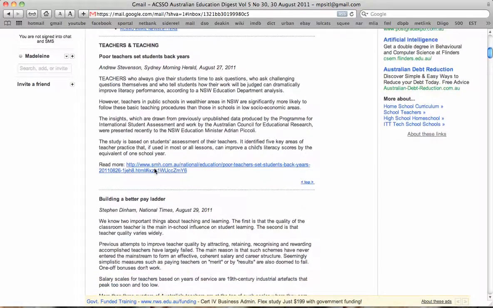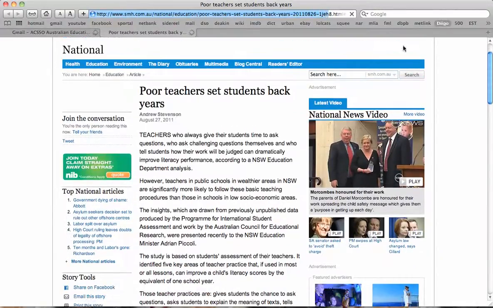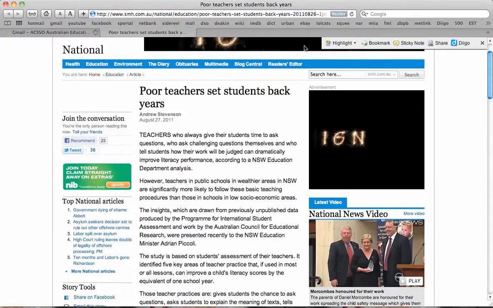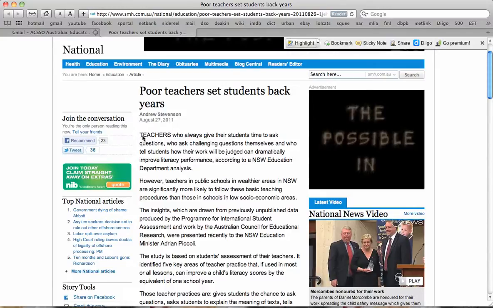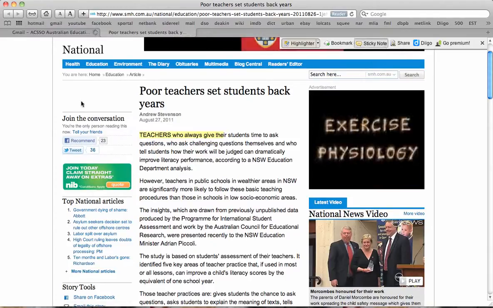Now, what I do is basically I click on the article that I'm interested in, so we'll just pretend it's this one for now, which looks quite interesting, and then I launch the Diigo applet, which you can easily download once you've made an account. So I go through and highlight things that I might find interesting, just like that. And also I'll be putting sticky notes